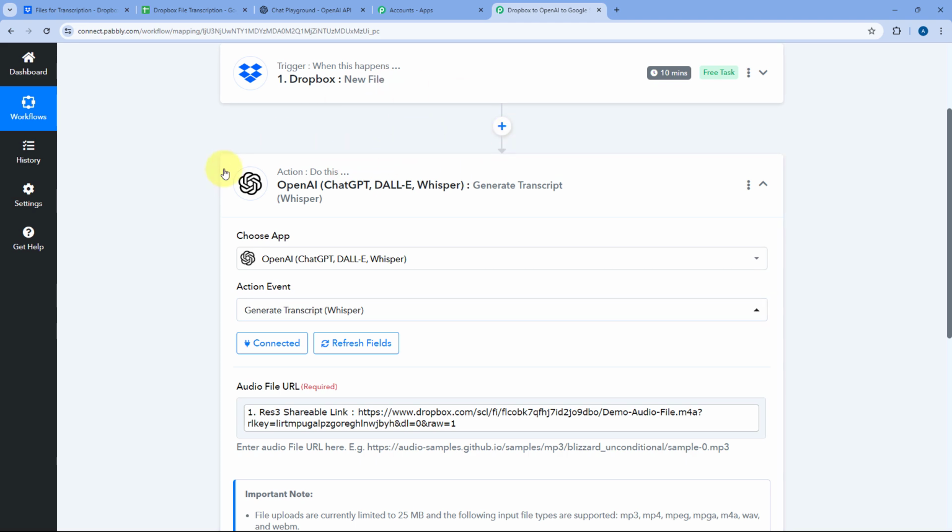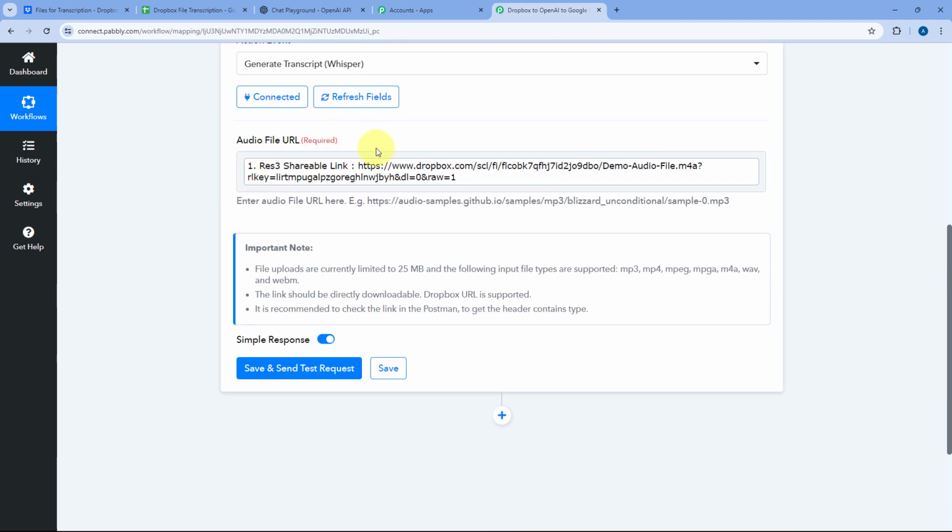And using Pabbly Connect automation, we are going to send the shareable link of the same newly uploaded file to OpenAI to generate the transcript of this audio file. After mapping the audio file URL, here we have some important note. Let's read it. It says,